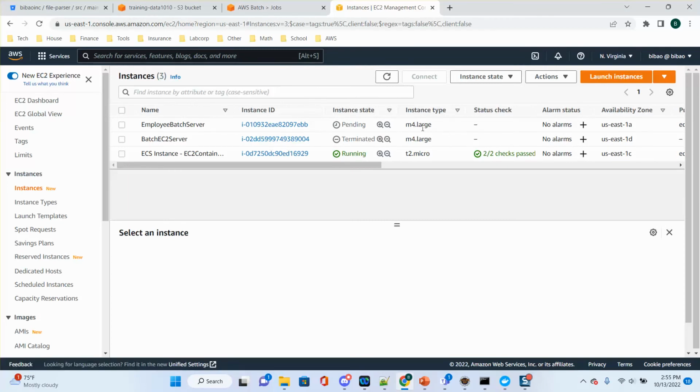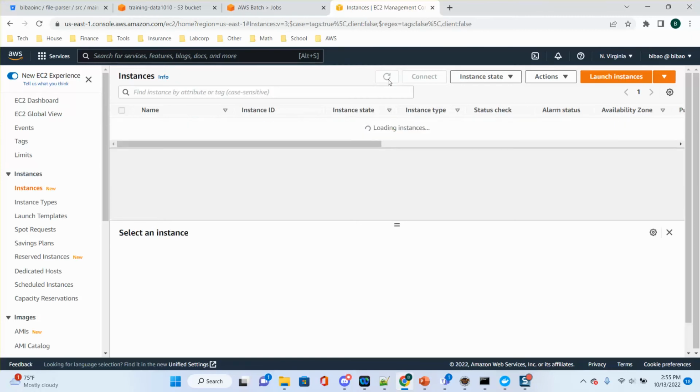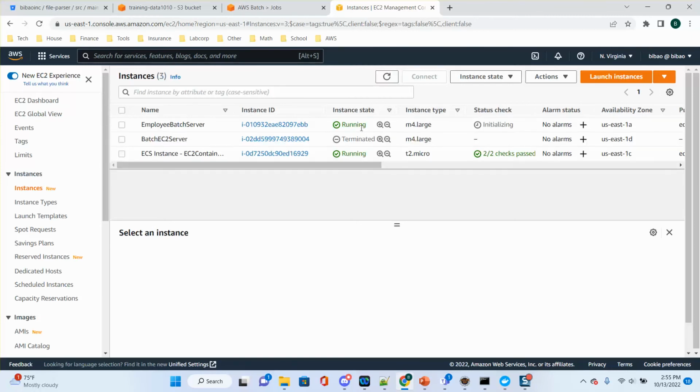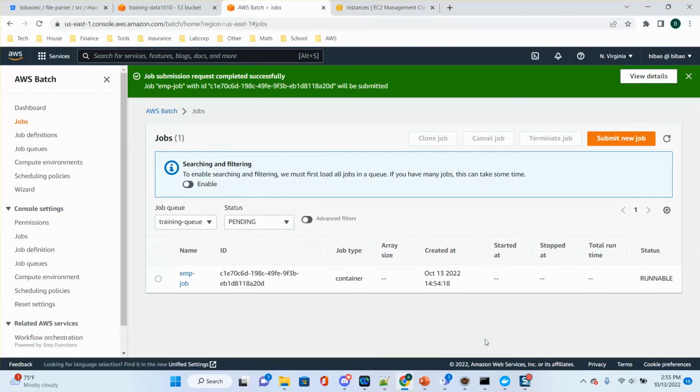You can see the instance type is m4.large. This is not t2.micro, it's m4.large. So yeah, it's running. Now it's in the running status. Let's come back. So it's runnable. Then it's still runnable. So it needs some time,